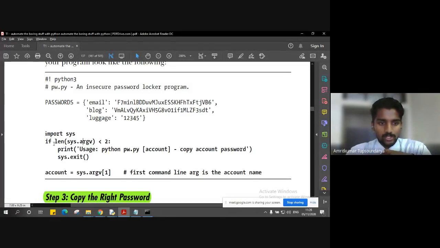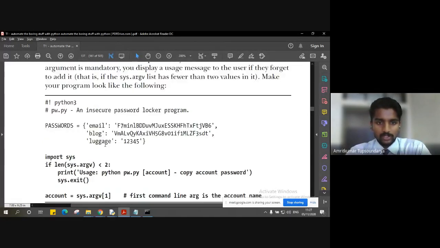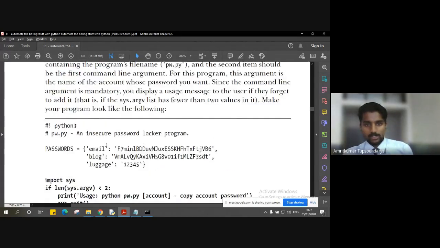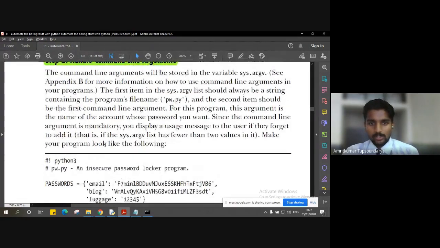So we are checking whether the length of sys.argv is less than two or not. Why two? Because one will be the program itself, and the other will be the value that we are going to pass, let's say the account name. The first item in sys.argv should always be the string containing the program's file name.